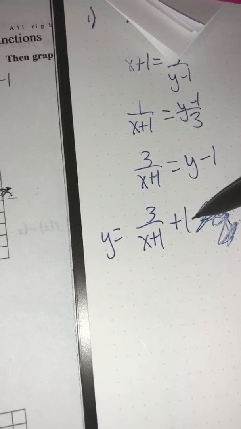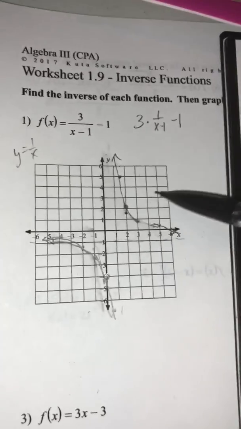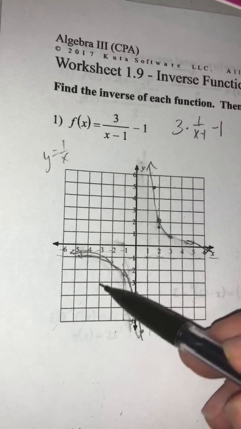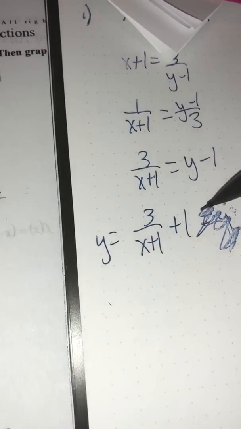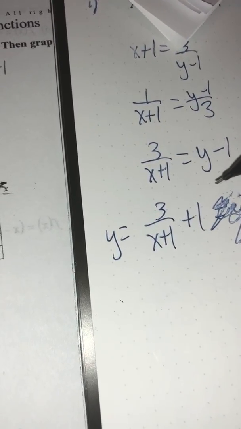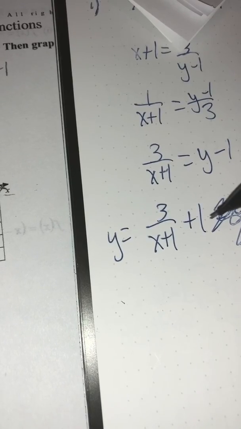The inverse should be a reflection over the line y equals x. So it's up to you if you want to graph that line y equals x and then just mirror everything over, or you can just go ahead and graph this as it is. So it'd be doing the same thing, but I'm going to go